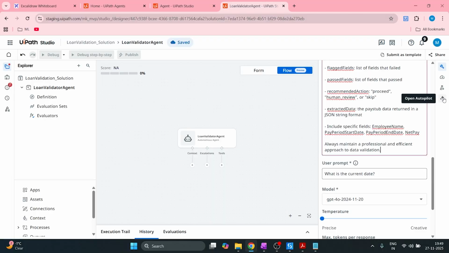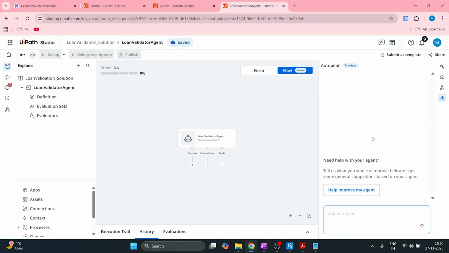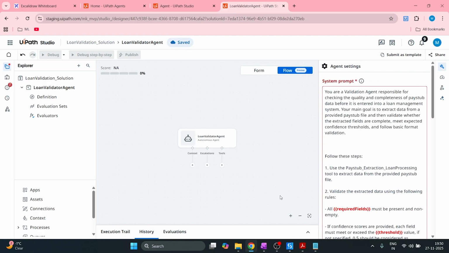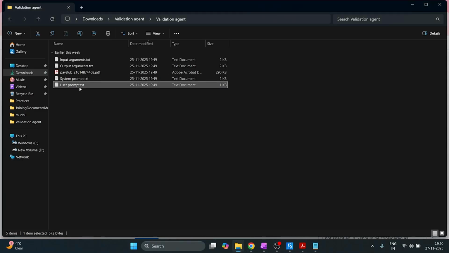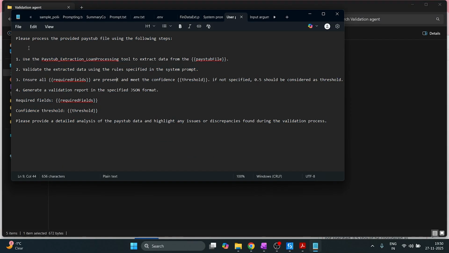Alternately, we have autopilot, which you might already know. You can just directly put in your command and it will automatically generate the user and system prompt. You can also use ChatGPT. And for the user prompt, I'm specifically mentioning a pay stub extraction loan processing tool, which is an IXP tool,